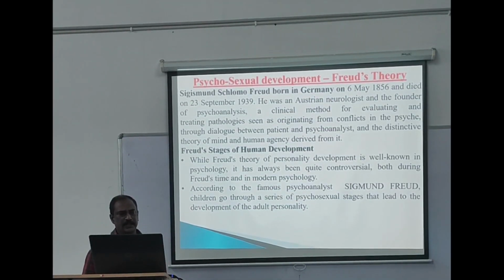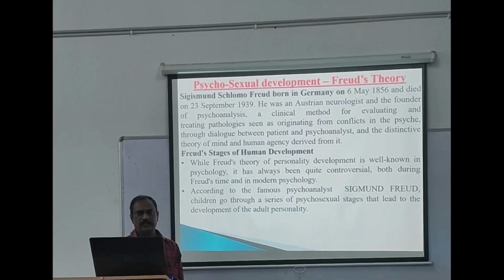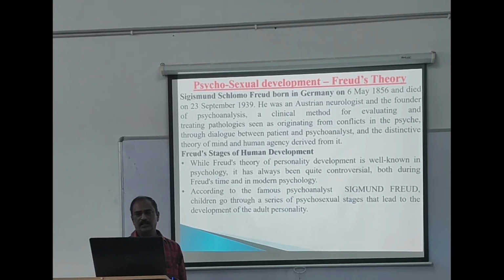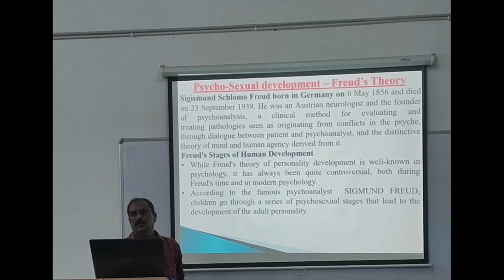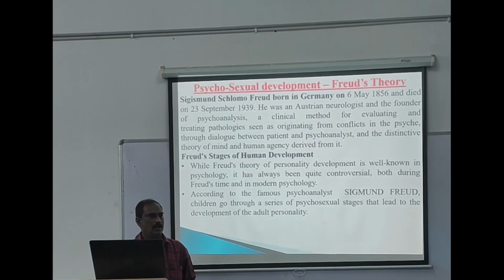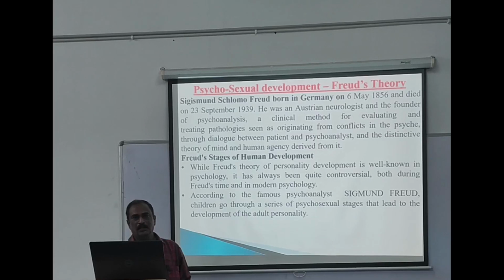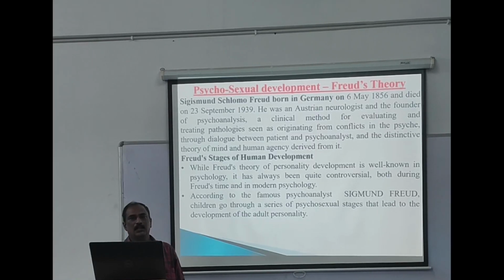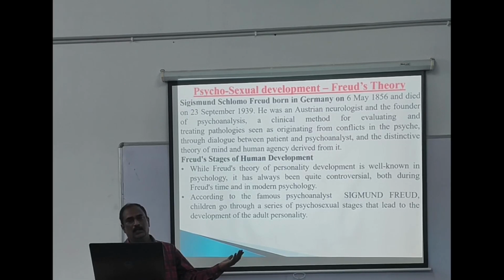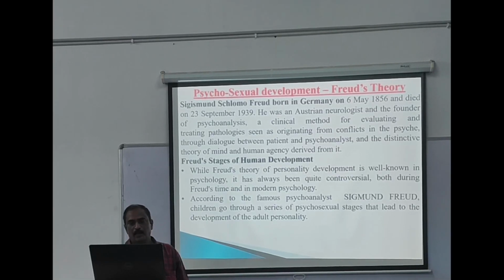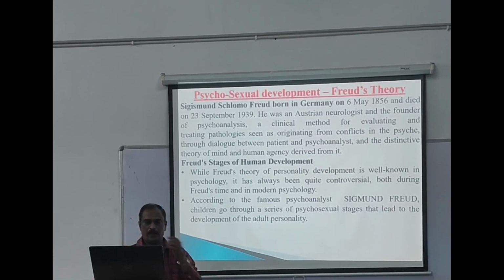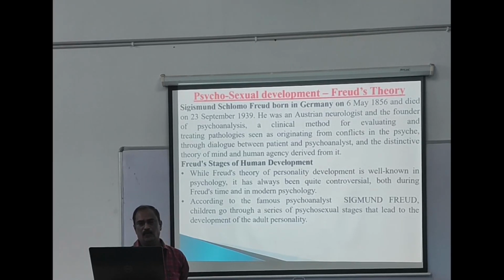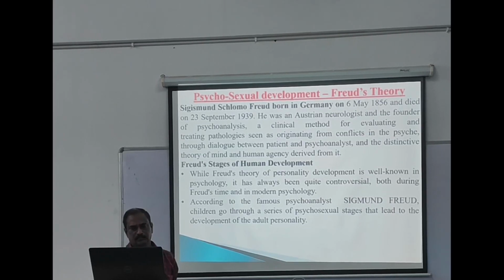He was born on 6th May 1856 and died on 23rd September 1939. He was an Austrian neurologist. Austria is very near to Germany. I think you know one important person from Austria, Hitler. Hitler is actually not German; he is Austrian. He shifted to Germany from Austria. So this Sigmund Freud shifted to Austria from Germany, and he was a neurologist and the founder of psychoanalysis, which